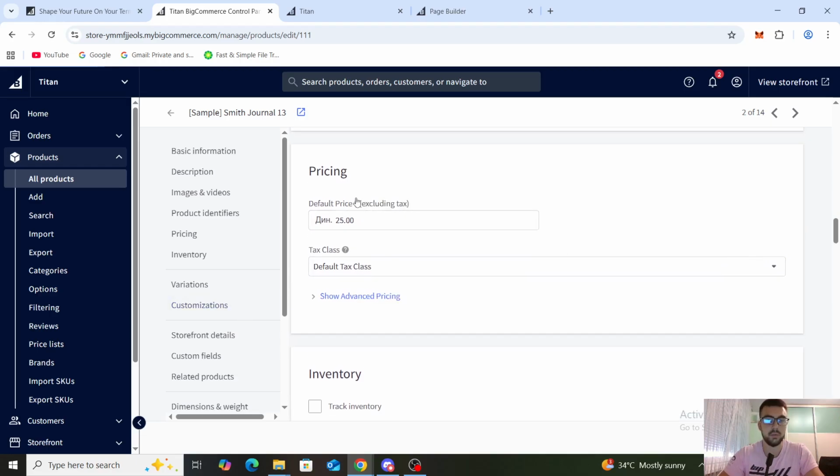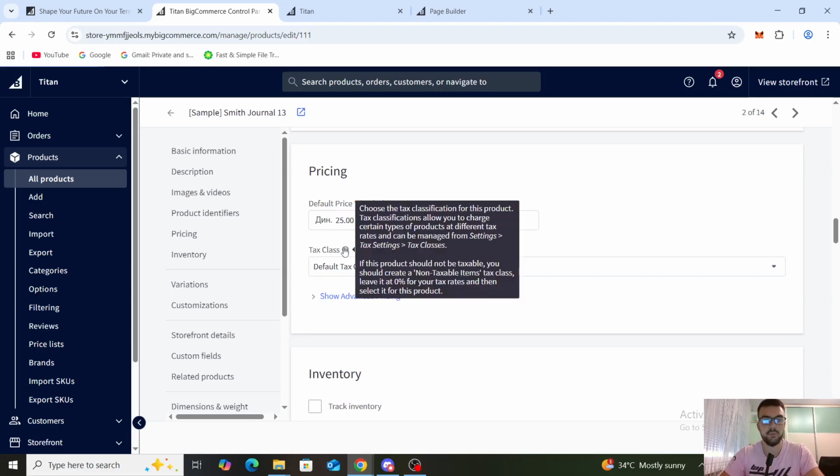It says excluding tax, and after the tax class it says default. You can just click on this and you can see non-taxable, shipping, gift wrapping. So you will need to put it in a specific tax class. It says here choose the tax classification for this product. Class classifications allow you to charge